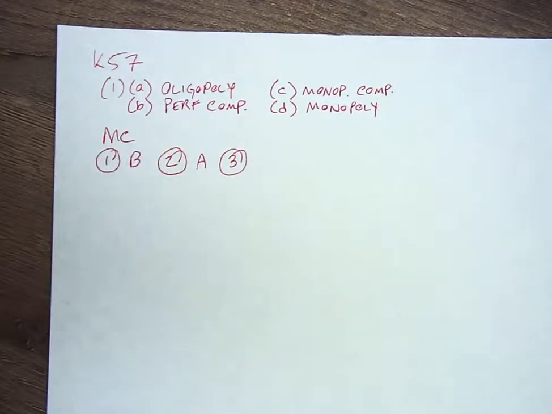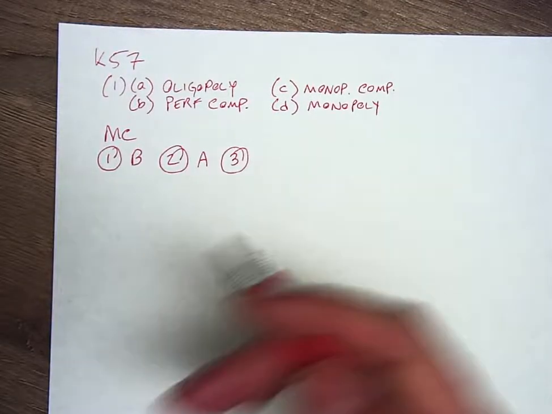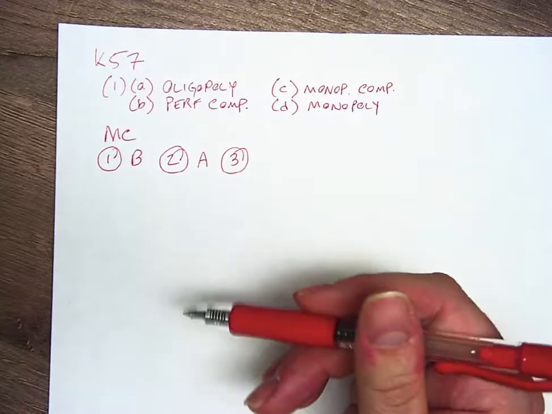3. Which of the following is true for an oligopoly? There are a few firms, each with a large market share. That's generally true, so we'd say the first statement's true. The second statement, the firms in the industry are interdependent. That's also generally true, something that we would say about oligopolies.